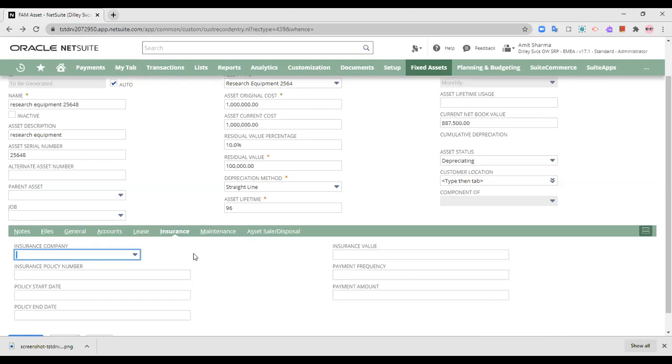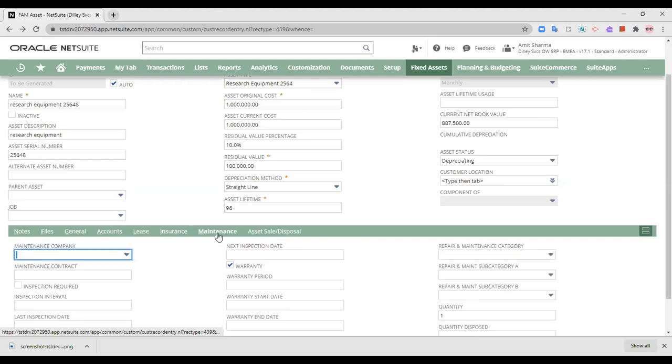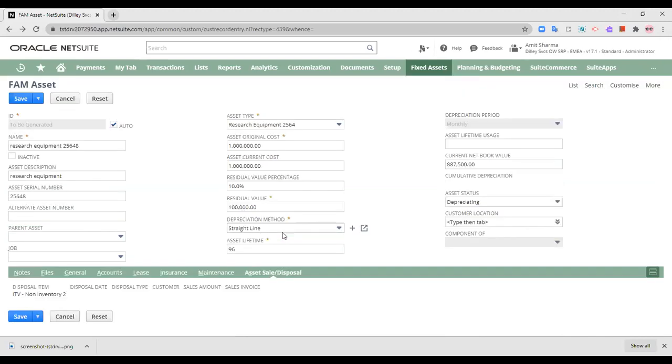If the asset is insured, the policy number, the premium, your insurance value, the premium frequency, when the premium is paid, and the company for the insurance, you can provide the information for that. Now in the maintenance section, if this asset requires regular maintenance, and you have given an AMC contract, that is an annual maintenance contract, to an organization or company, you can populate the company details and the contract number details, everything into that.